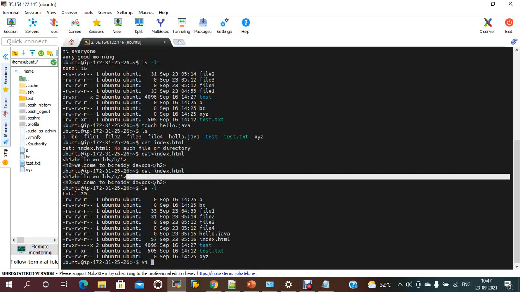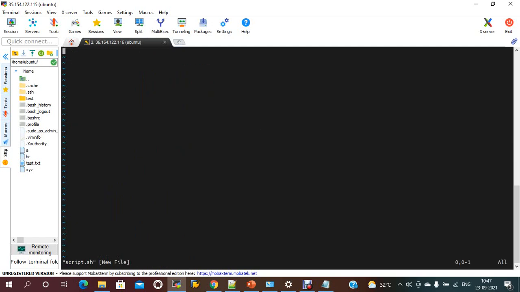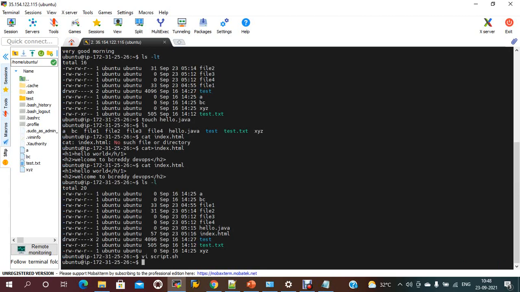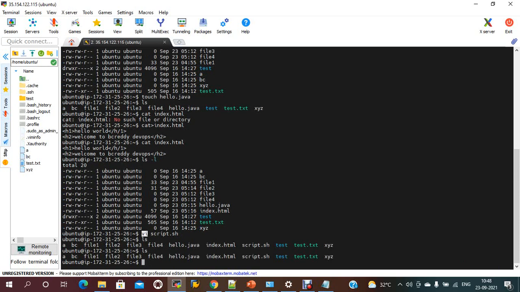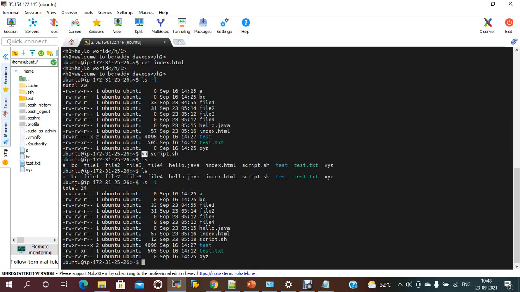The VI file name should be anything like script.sh. So you can do ls, pwd, cat, these commands, whatever you can insert as data. Once that is done, you just need to quit out of this file. Using VI also you can create a file and save it. These are the current list of files and directories in this folder. Like this you can create the files.